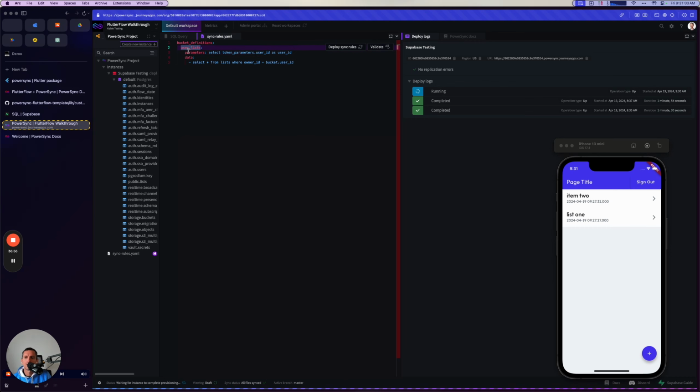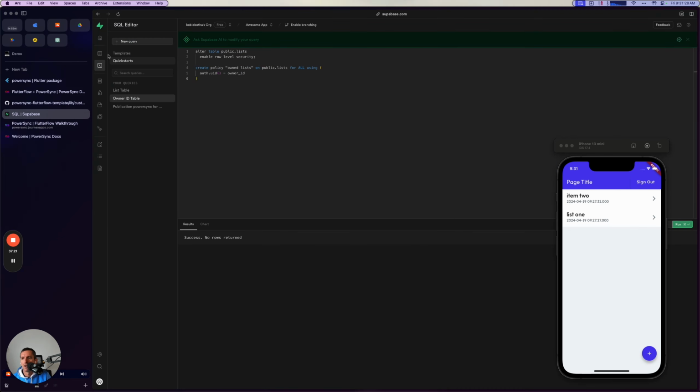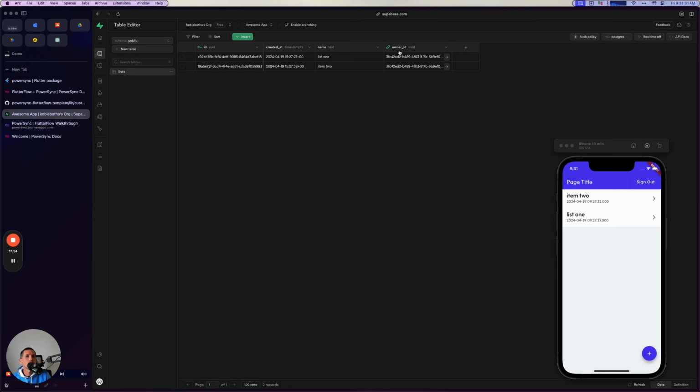There are two parts to each sync rule. There's a parameter query and a data query. Parameter query is pretty standard. We're pretty much just pulling out the user ID, like which user does this rule apply to, or what's the field to use for the user ID. And then the data query says what to do with the user ID. So in our case, we're going to say select star from lists where owner ID equals the user ID. And if you recall, our Supabase table has a column called owner ID. So it's really just saying whoever signed into the app, match up their Supabase user ID to this column and